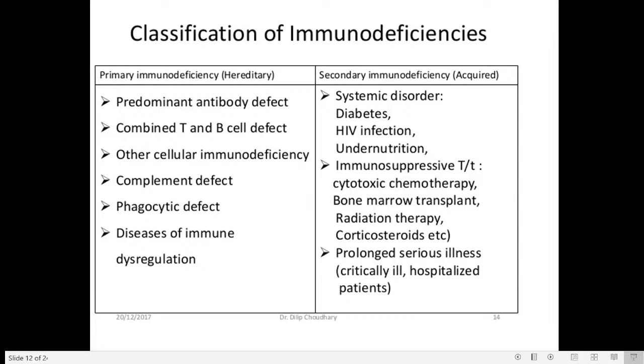In the primary, it's a predominant antibody defect. It's combined with a T cell and B cell defect. It is also called cellular immunodeficiency. It's a complement defect, a phagocytosis defect, a disease of immunodysregulation. In the secondary, there is a systemic disorder, and an immunosuppressive one, that may be cytotoxic,